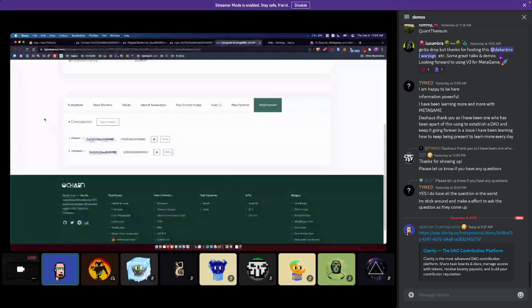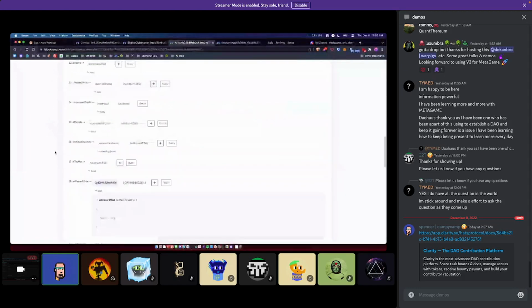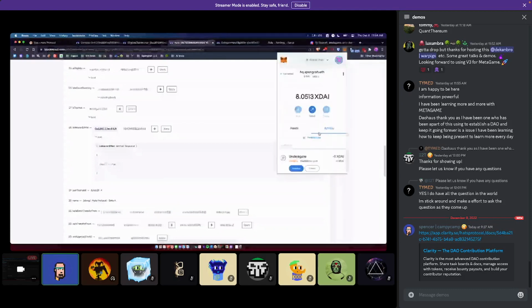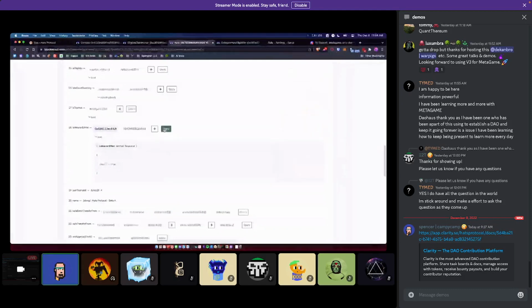Once that happens, I'll rerun this function, and I'll see that this bool, this true, should turn to a false. I'm not sure how quickly that happened, but let's see if that is happening yet. Oh, it's still, oh, there it is. Okay. So what just happened here is pretty cool. There was no transaction other than somebody else taking some action. Somebody undelegated from my test wallet, which automatically revoked the hat from that test wallet.